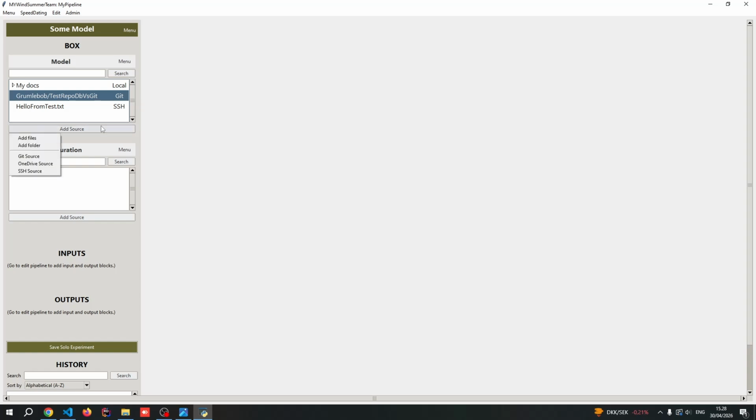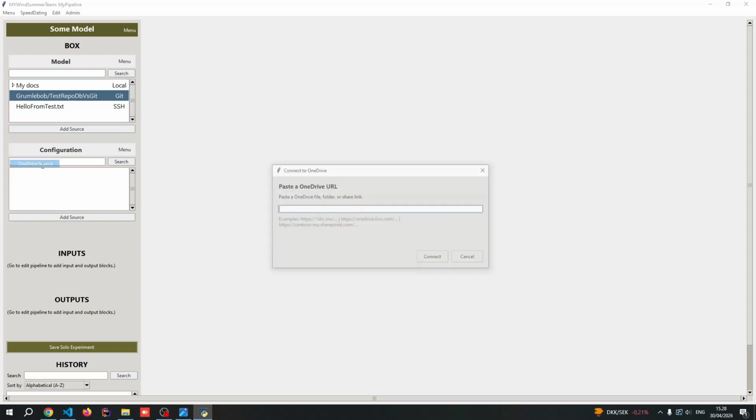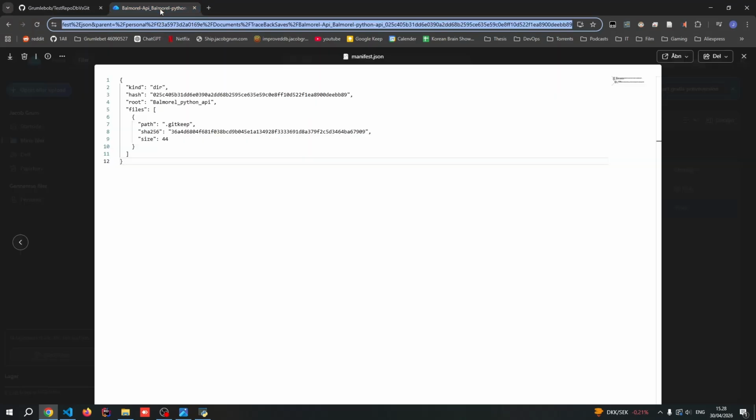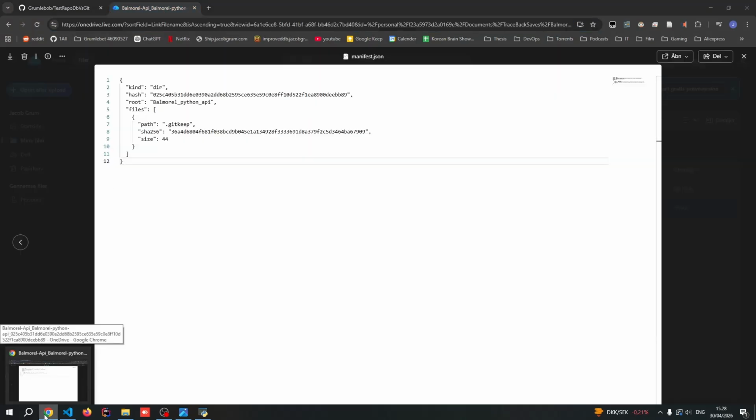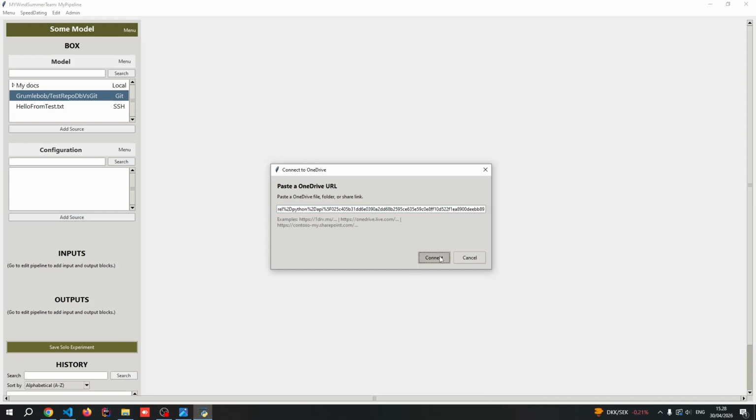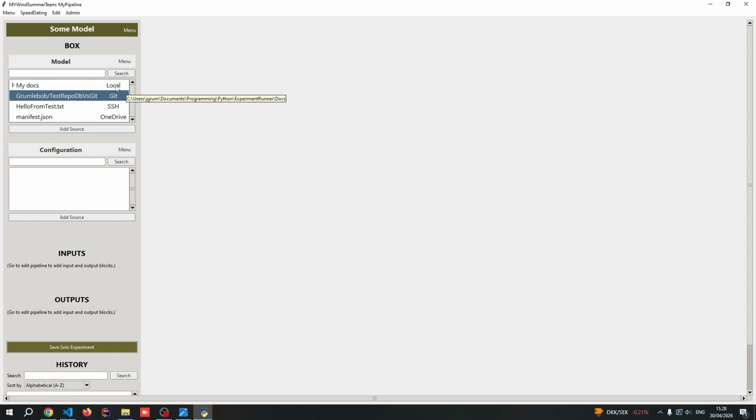But these researchers, they often use some kind of cloud system for files. In this case, they use OneDrive, but there's a lot of different ones. But we added OneDrive as a connection, and here we have this sample file in OneDrive. I'm just going to take the entire link and connect and just save. So these are the 4 data locations one usually manually connects to, but there is a 5th one, and it's